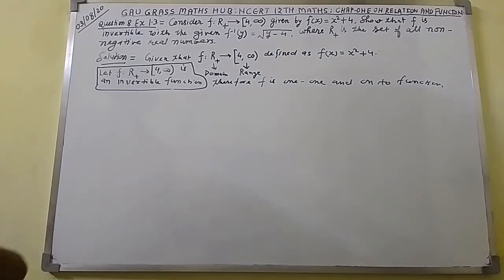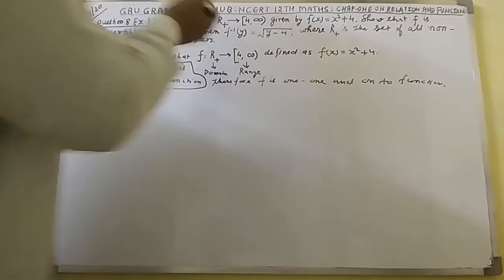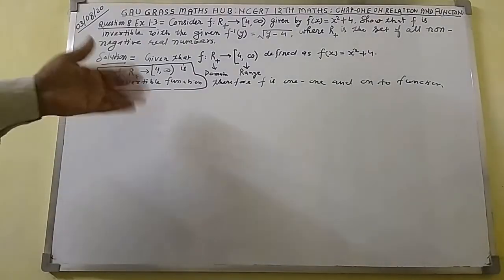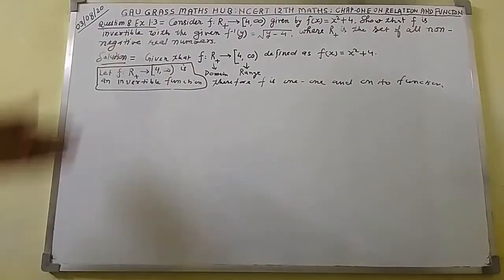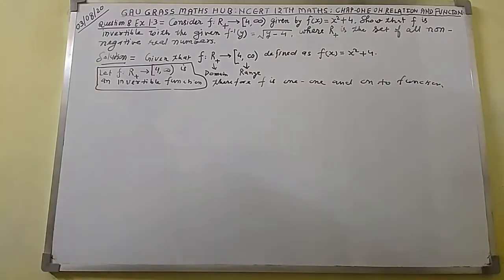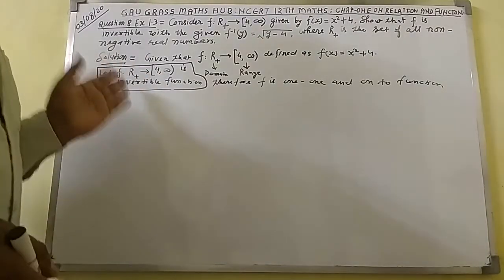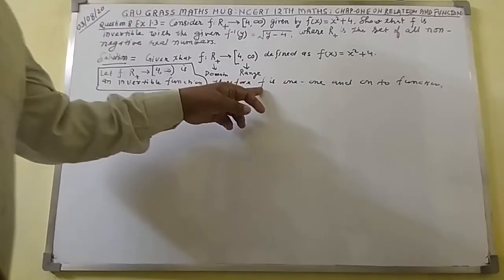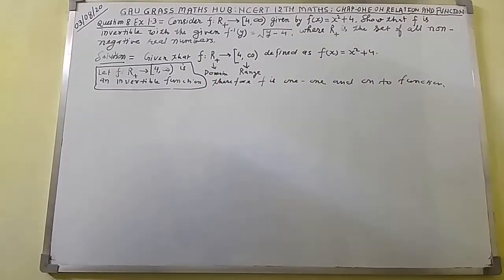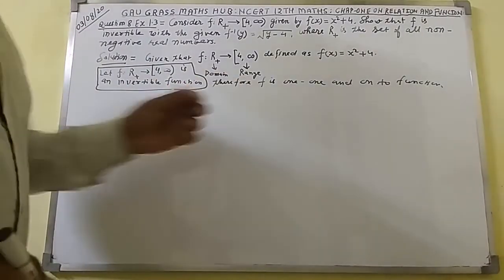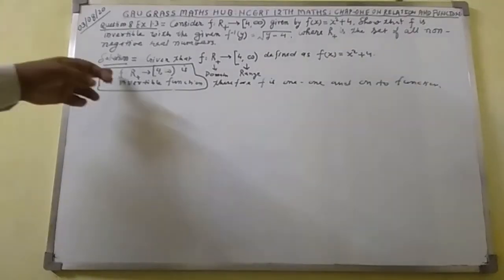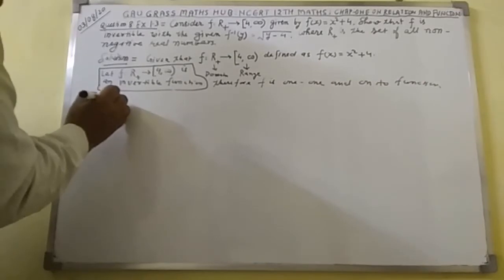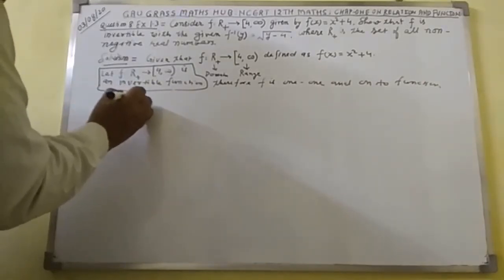Here it says we have to show that f is an invertible function. Here I have let f be an invertible function, so f is one-one and onto. So here I shall prove how this function is a one-one function. I shall write, for one-one: